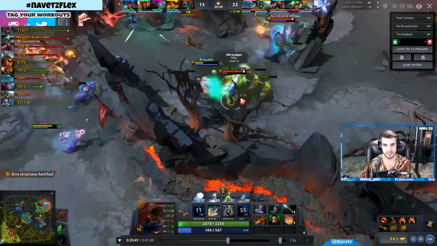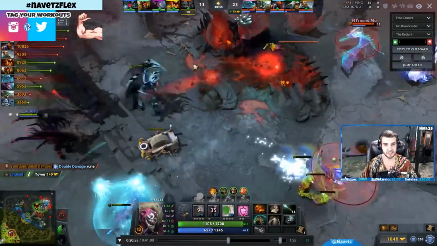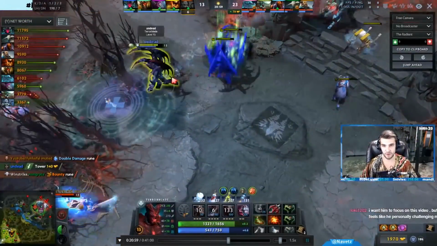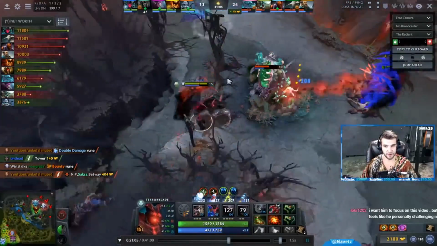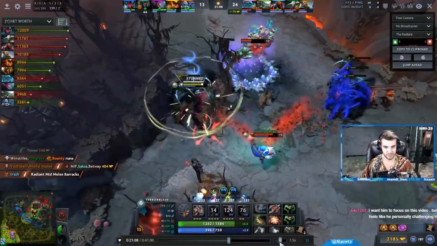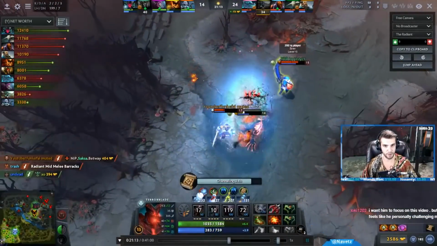So Sven comes in, stuns the Beastmaster. There's the heal from the Dazzle, Dazzle keeping him alive. Terrorblade still just donking stuff down with his incredibly powerful illusions. Oh, shoot. That was a big play right there. There goes the Sunder. Oh, I kind of wish I slowed this down a little bit. There goes the Sunder. Sven comes in, stuns the Terrorblade,